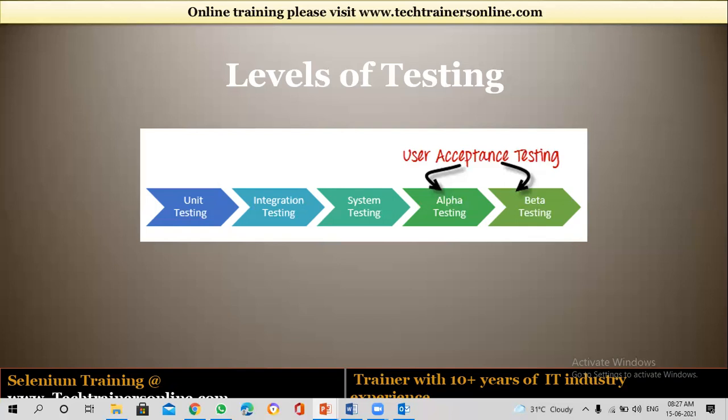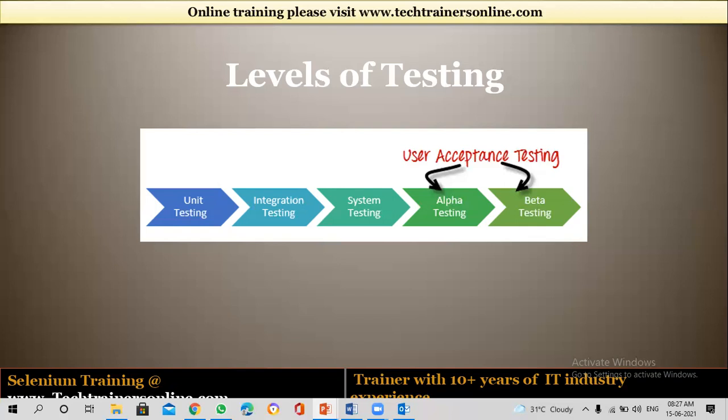You see, there are 4 levels of testing happening here. One is unit testing by the individual developer. Second is integration testing by both the teams. Third is system testing by the testing team. Fourth one is user acceptance testing, which is done by the client itself. In general, it is done by the client when it comes to user acceptance testing. We call it UAT.